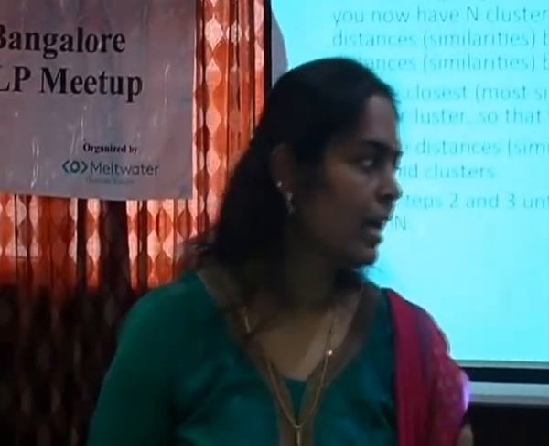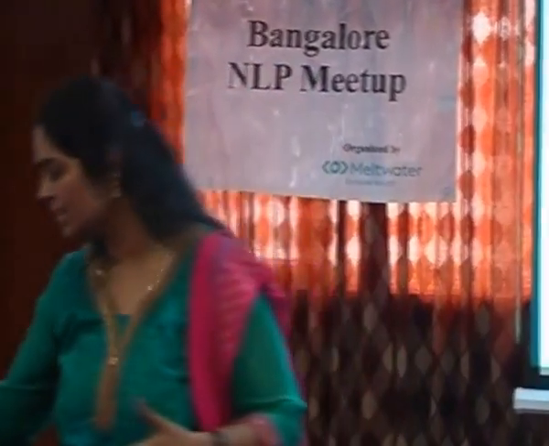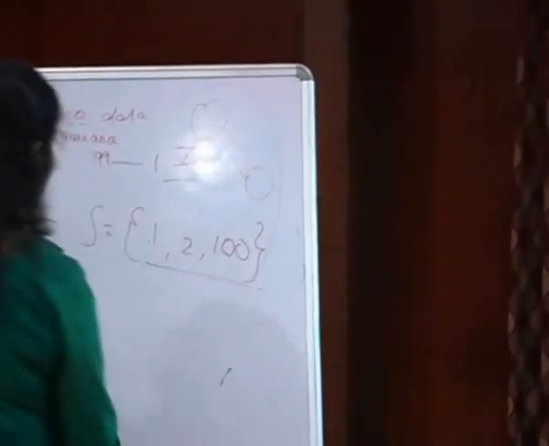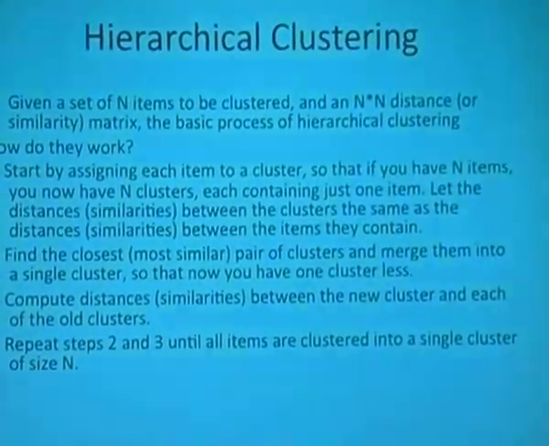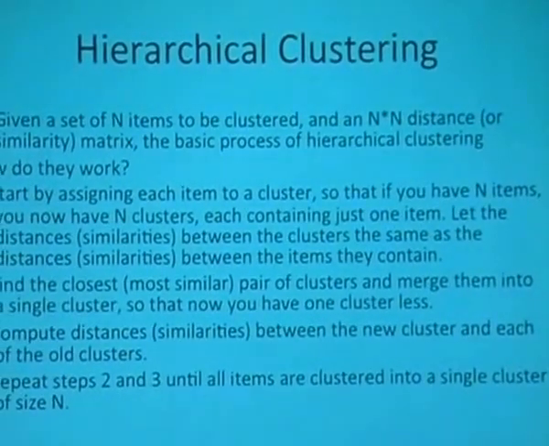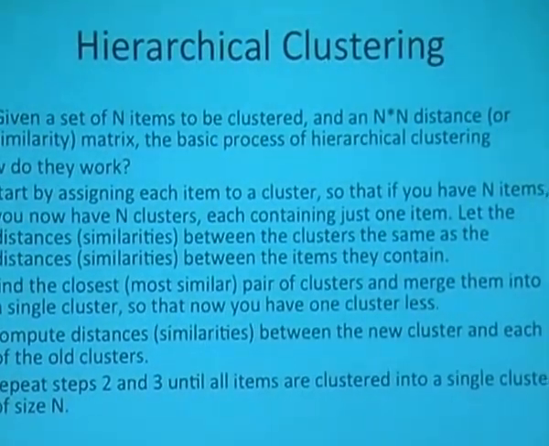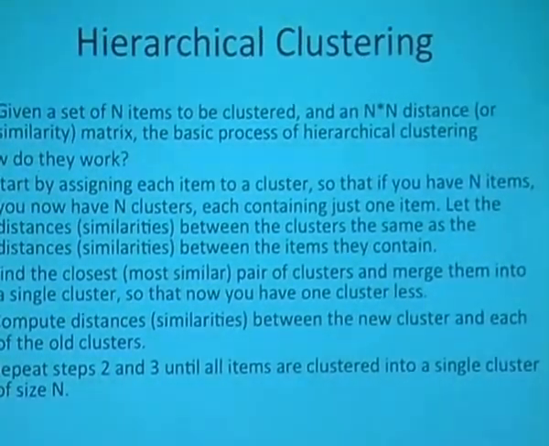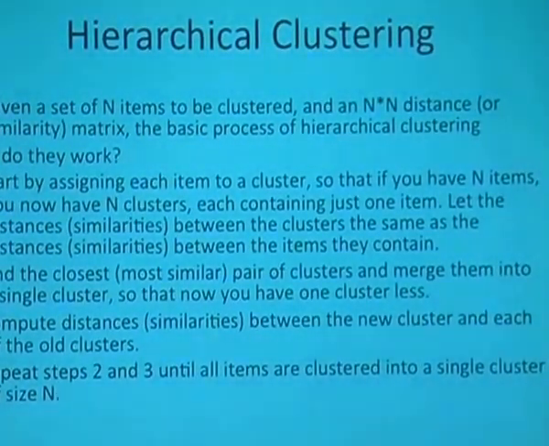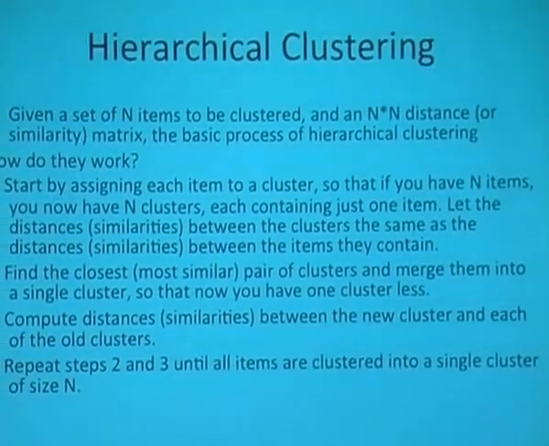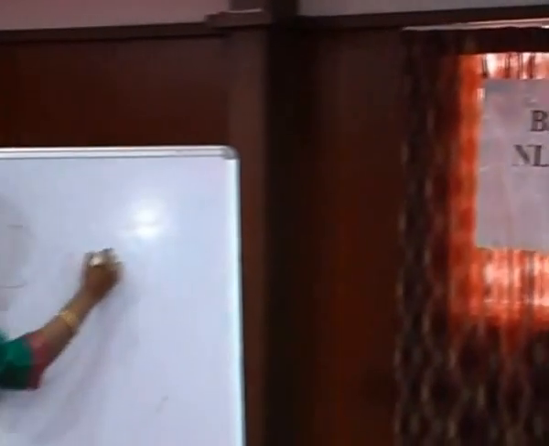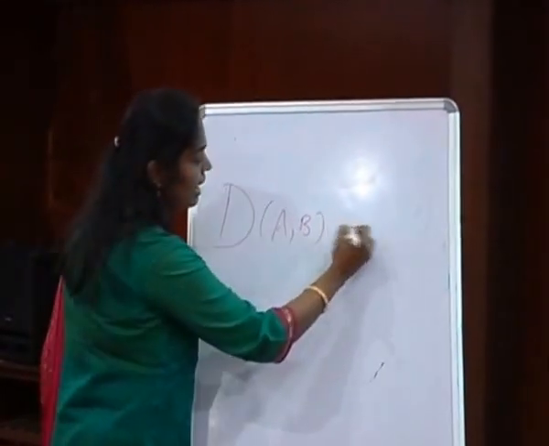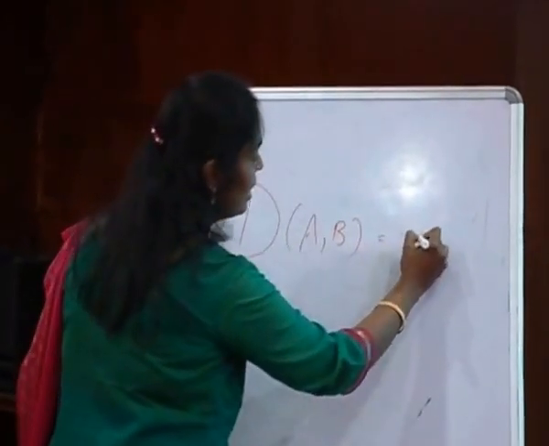Now, in this particular hierarchical clustering, the only new thing that we would be doing is we have to find the distance between the clusters. In K-means and all, we don't find the distance between the clusters. We only find the distance between the data points and try to keep them in a cluster. Now in hierarchical clustering, we are supposed to find the distance between the clusters. For example, I am going to denote D as my distance between two clusters. A and B are my two clusters.